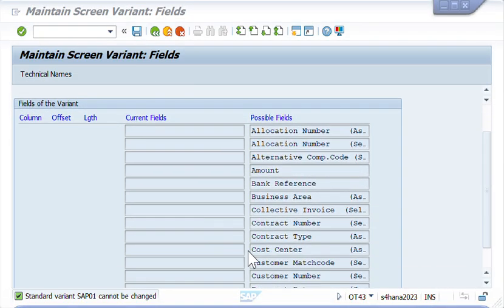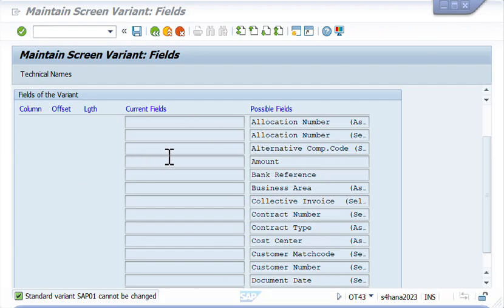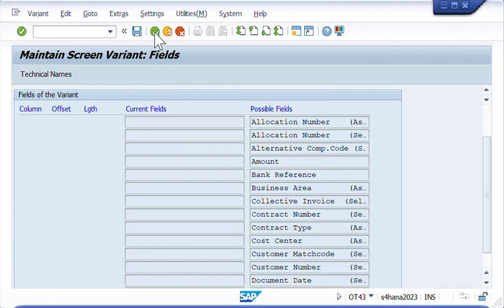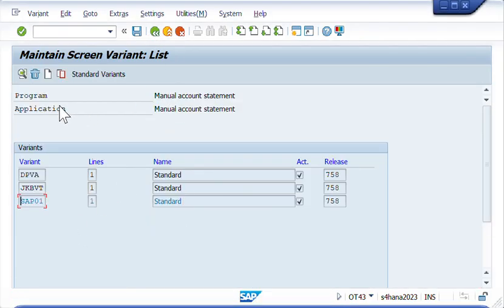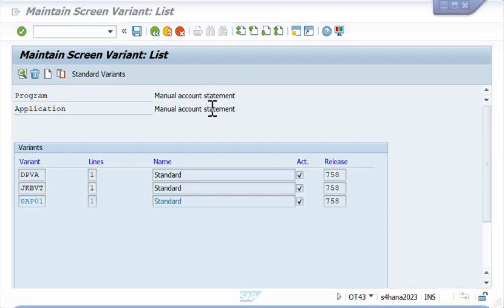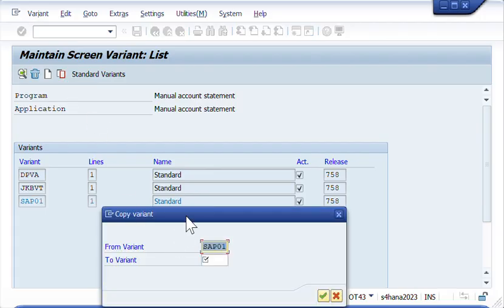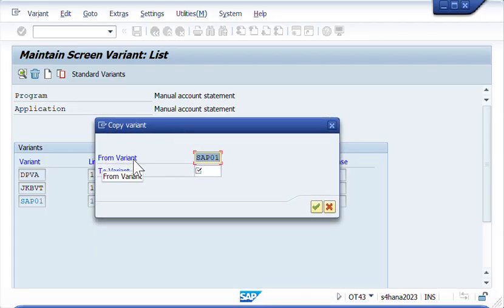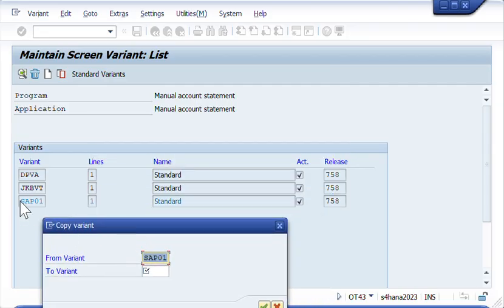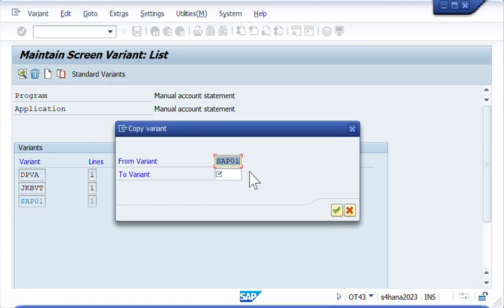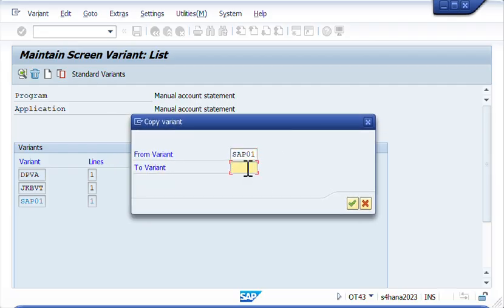We won't be changing any of the fields in the standard. So let's go back and copy. So click the copy icon, and here you have from variant. So we will use the SAP 01 variant, which is already highlighted. That's correct. And we will create our new variant, which is